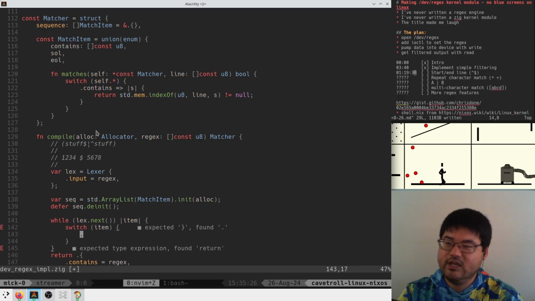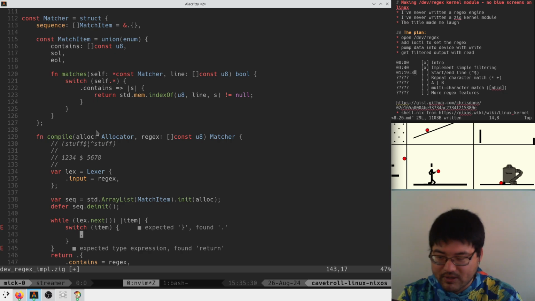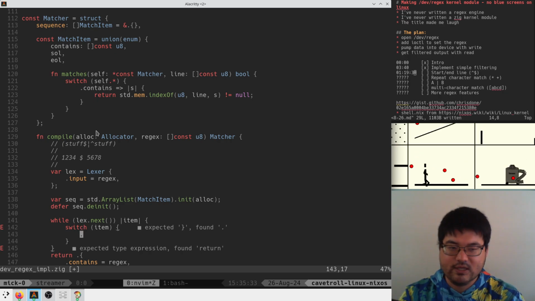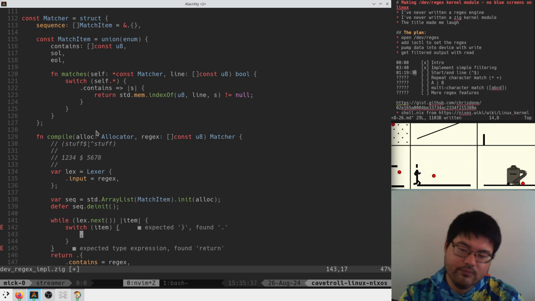This feels a little silly, but because these lexers are 1-to-1 with our match items, but eventually they won't be. So that's why this is being done this way. Because for brackets and stuff, it will be different later. So